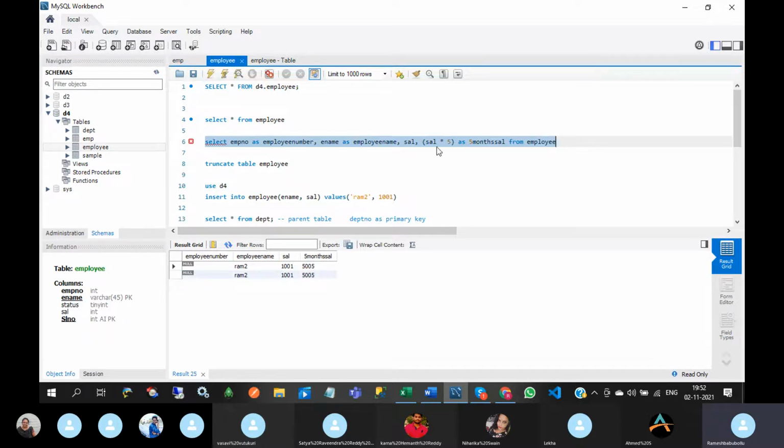See this, like that we can calculate some expression, and then we can give some column names. Okay, but this is not the way to give column name. So like that, we can give.